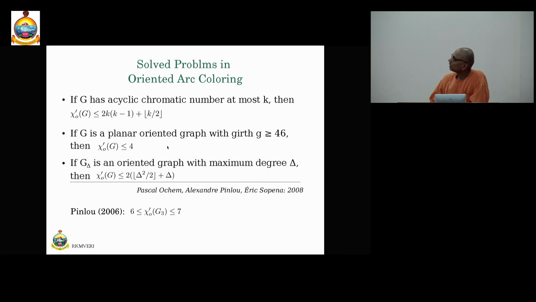And with regards to planar oriented graphs, girth restricted, it has been very nicely shown to be less than or equal to 4. So this question can be easily translated into oriented total coloring, and we can ask the same question. And with regards to the degree bounded,